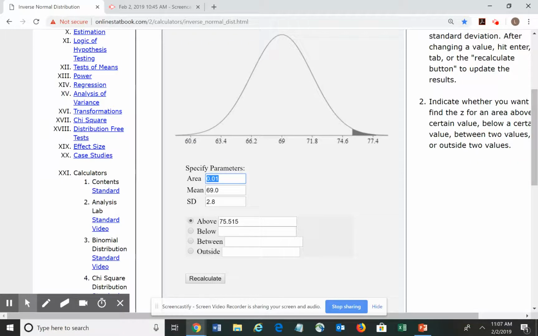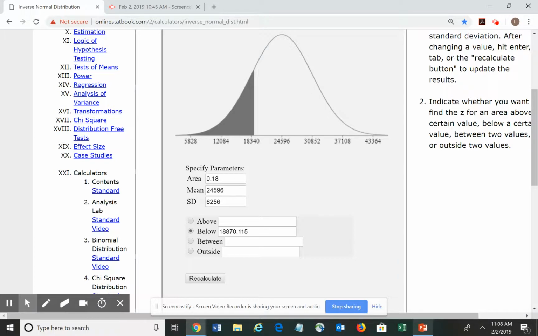My area is 18%. My mean is 24,596. My standard deviation is 62.56. And I want to be below that number, because I'm cutting off the bottom. So it would be